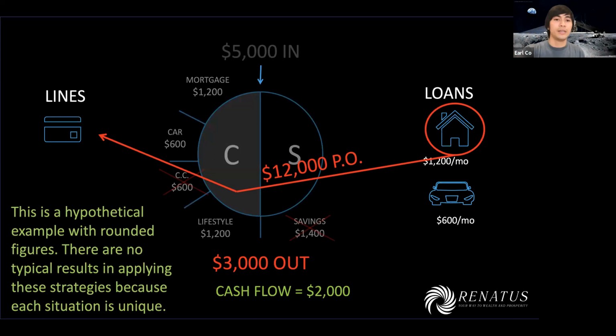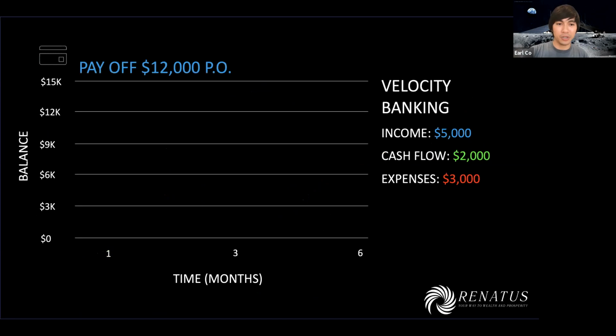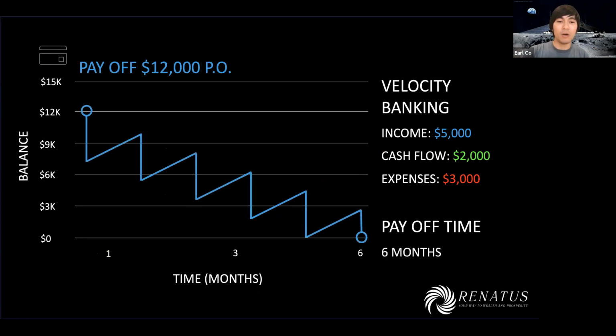they have lower rates. But we're going to take a $12,000 principal only payment from the loan and apply it to the credit card. It's the same amount of debt. We just moved it from one pocket to another. And if you remember earlier with that schedule, by doing that, we do the same strategy. Income goes in, money goes out, et cetera. We've intentionally increased the balance on the credit card strategically, such that if you care about your credit score, your overall utilization of your credit